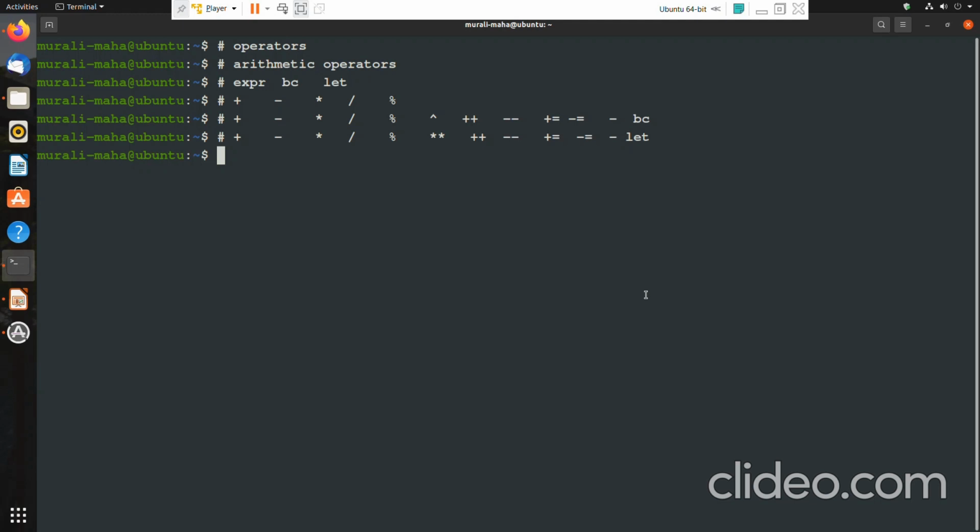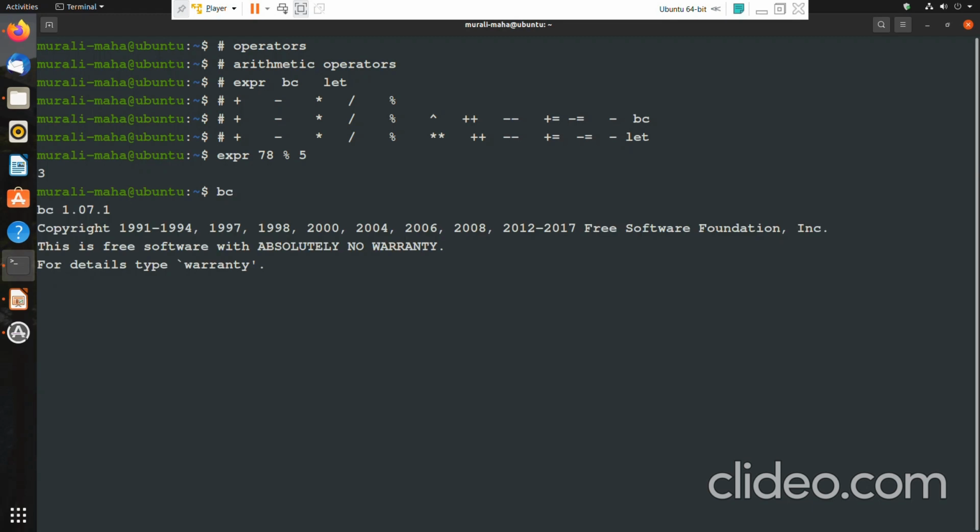You can go through that URL. Okay, expr, I can give something like 78 percentage 5. Okay, and then bc. bc is an interactive command. In bc, let me give something like i equal to 10, i plus plus.